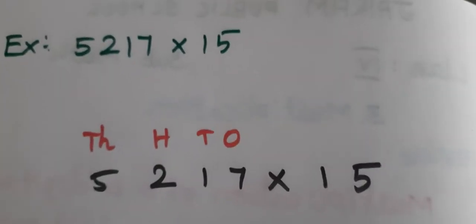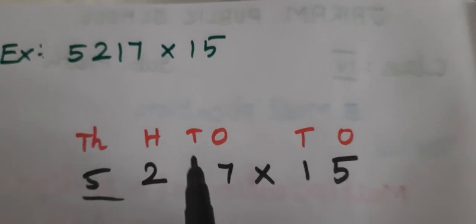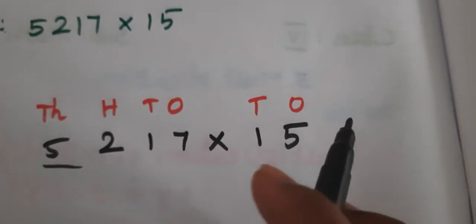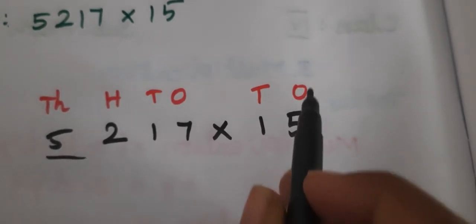There you arranged the numbers column wise, but here you have to write the numbers row wise. Listen carefully. 7, 1, 2, 5 into 15 directly. You have to arrange the numbers horizontally. Here first you multiply by which number in the multiplier? It's the ones place you have to proceed with first, which means first you proceed with this 7 in the ones place.